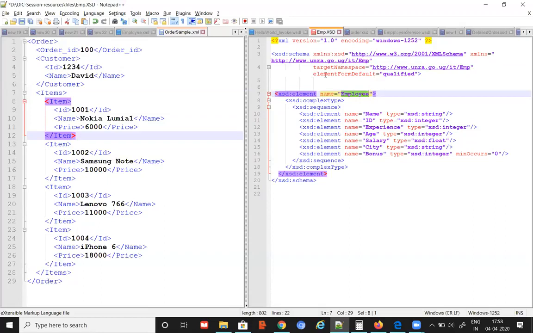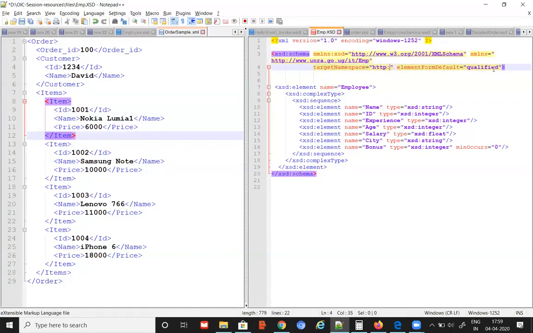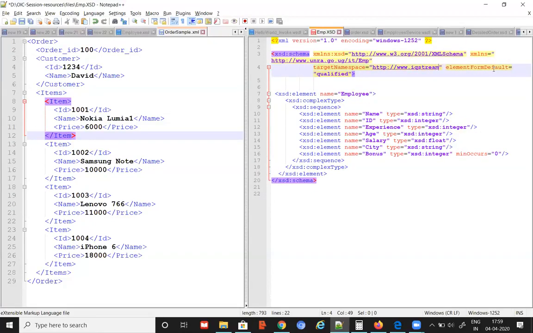So that is the reason you always make sure that your XSD always has a target namespace also. And you try to make that value unique by usually using the URL of your company. So if I'm creating something, let's say I'm creating for IQStream Tech, I can say www.iqstreamtech.com, then I would say training, April 20, employee. I can mention this